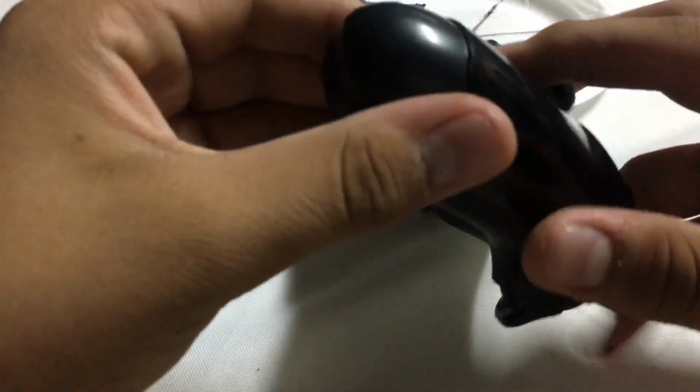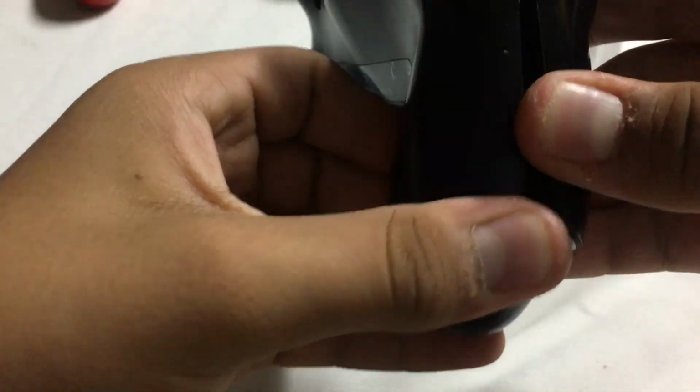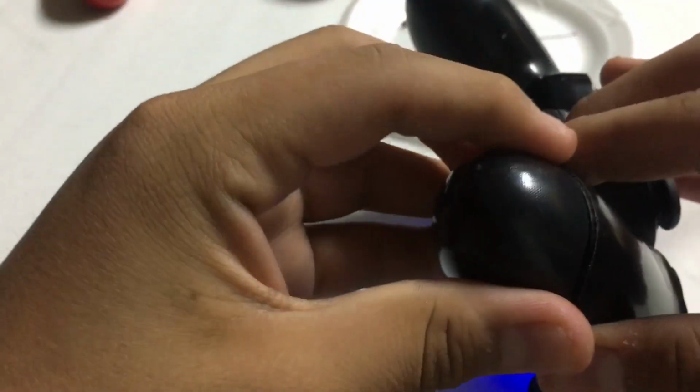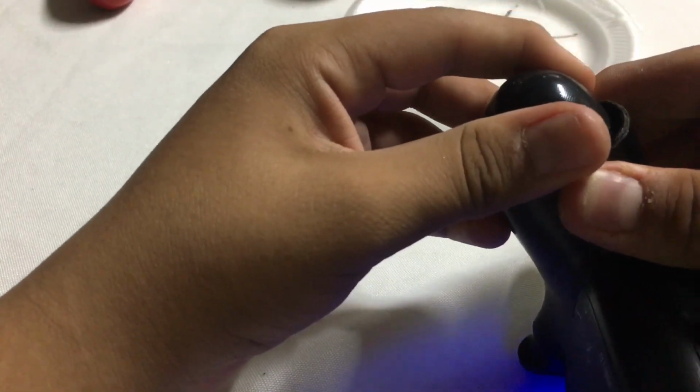So for instance, this one looks like it has adhesive. Well, this one, you can see it doesn't really have adhesive. So what you're gonna want to do is try to pop it up from here. Work gently. Okay, so it might still have a little bit of a hold. So if it still does,